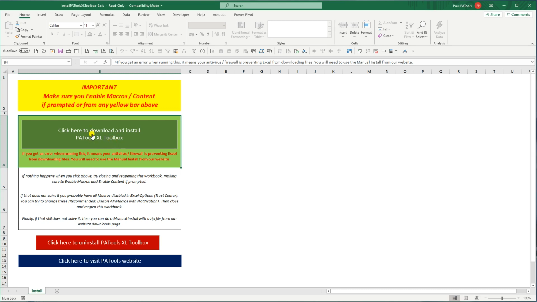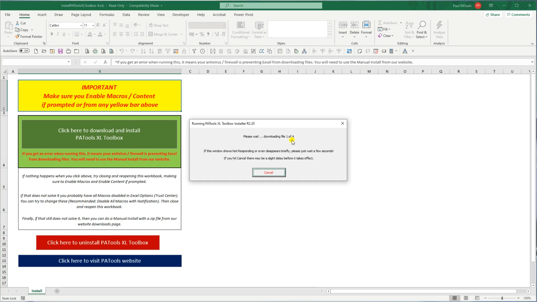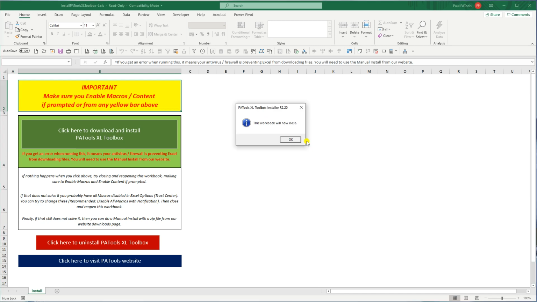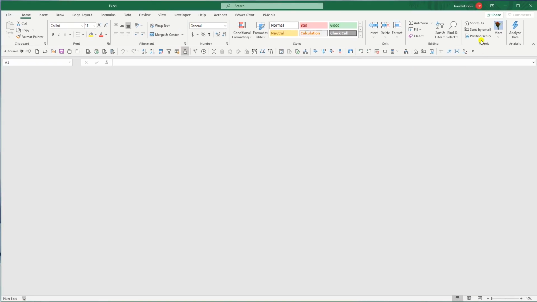So we're going to click here to download and install. If later on you want to uninstall, you use the red button here. Click to download and install, do OK, it downloads 4 files, it's done a complete installation. The workbook will now close, and you will find that Excel now has at the top on the Home tab,